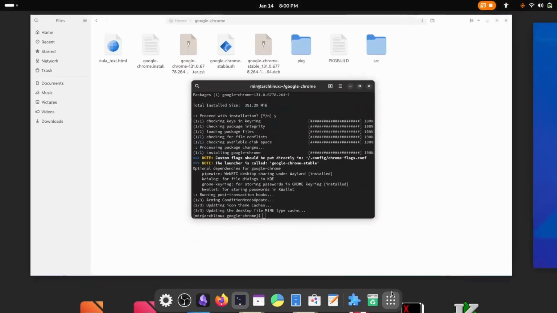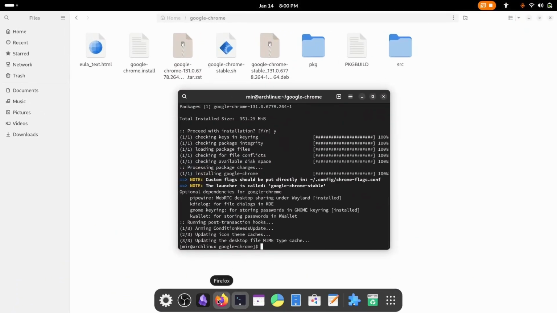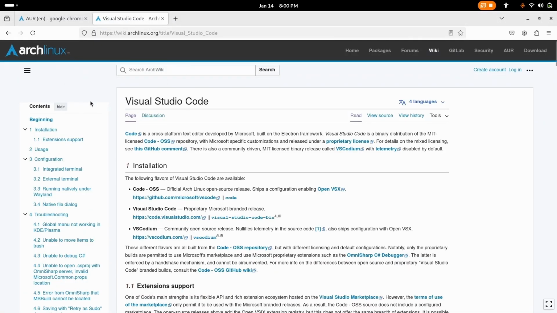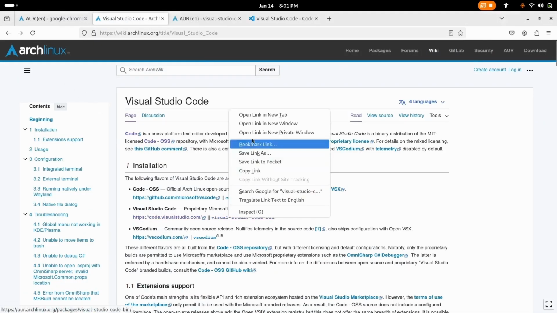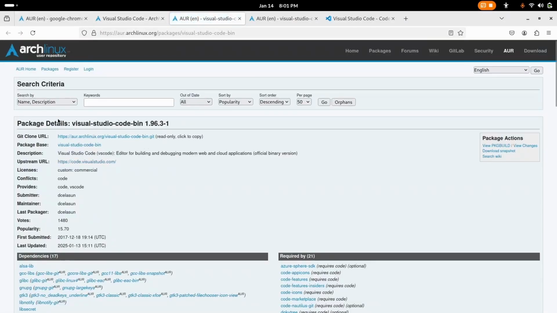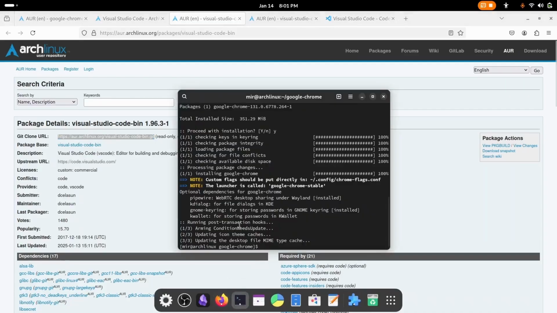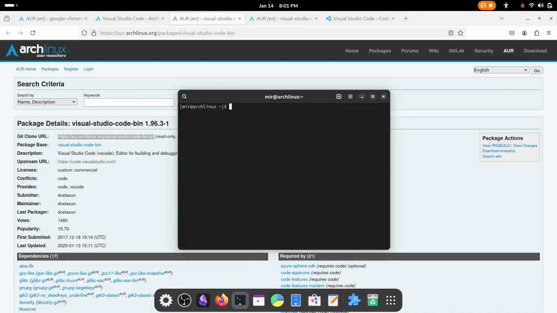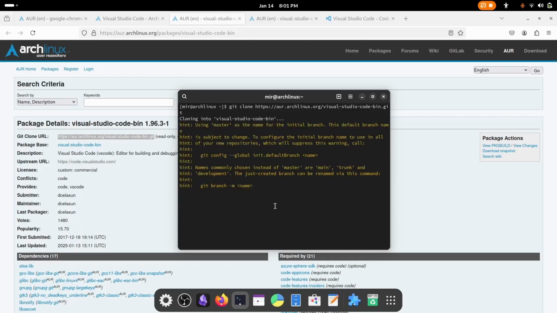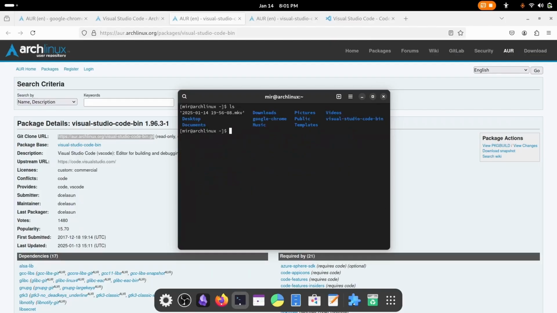Okay, same steps we will follow to install VS Code in our system. Open this link in a new tab, copy this link for Visual Studio Code as I just mentioned. Go back, clear your terminal, git clone, and paste the link. Okay, clear it and redirect to cd and Visual, and click on the tab button.